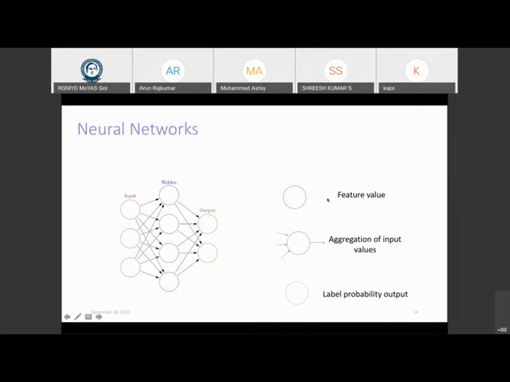So you have some features, you have some aggregated values of these features, which is what we'll call these hidden input nodes. And once you have these aggregated features, you use them to get the probability of output for each of these data points. So what does that mean? Think of this this way, instead of learning